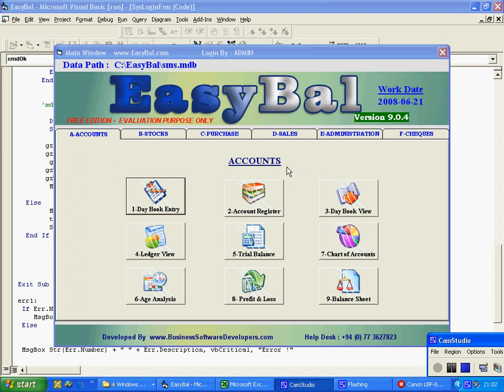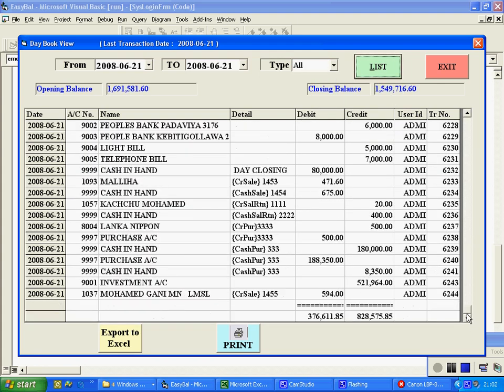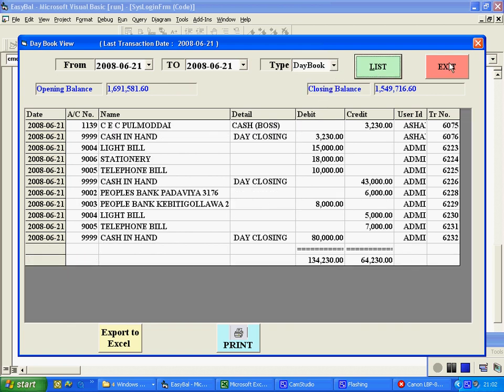Under these sections we can perform the daybook entries. All the other transactions, sales and purchases, can be viewed under the daybook view. We can specify the daybook section only, or credit sales, cheque collections, all the things we can view under here. We can see only the daybook entries,